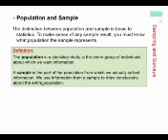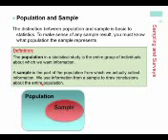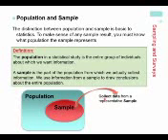It does not mean that this is the population that we can make inferences about. Okay, so just be careful with that. It's not the population that we can make inferences about. So what does that really mean? For example, if there were individuals that were not eligible for the sample, then we cannot include them as part of our population and we cannot make inferences about them. So for example, if we were talking about